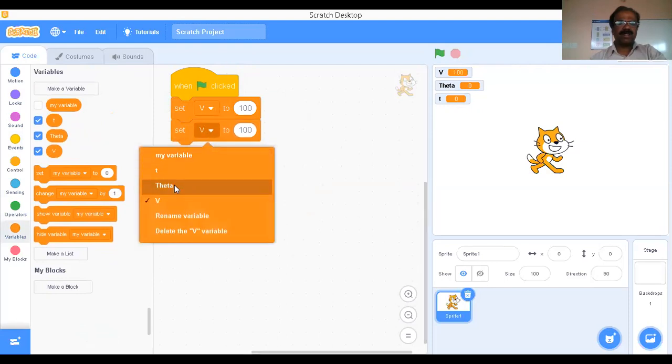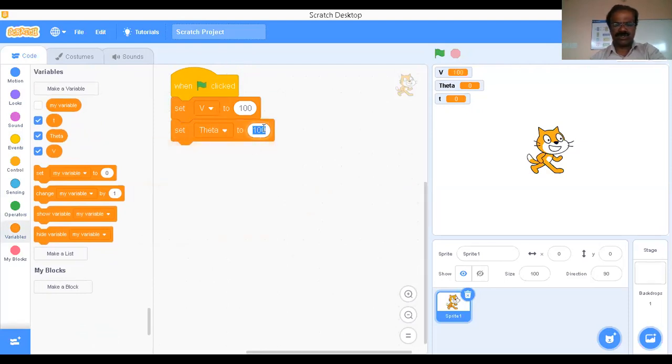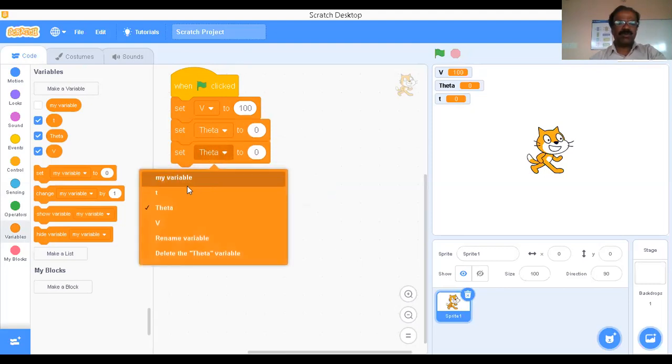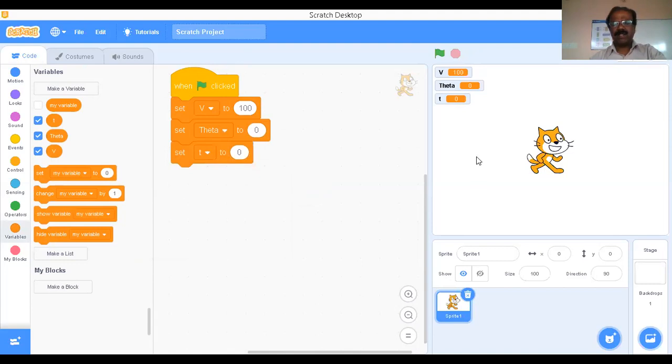Here theta, let theta equal 0, start from 0. I'm going to vary theta from 0 to 360 degrees. Then for t, duplicate, that is one more variable called t, because we know that this is your x-axis, this is your y-axis, at the center 0 comma 0.